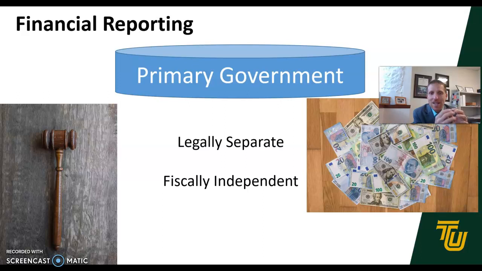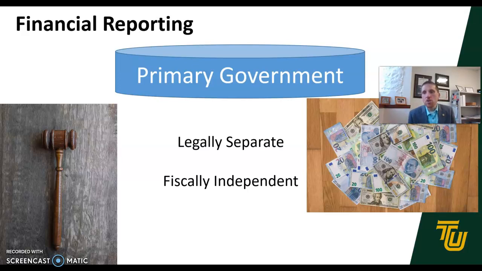So what does legally separate really mean? Well, through the articles of organization, there's actually entity A and entity B. They're legally separated by articles of incorporation or organization. Okay, fiscally independent. That means, just like maybe some of you are traditional students, some maybe non-traditional students,